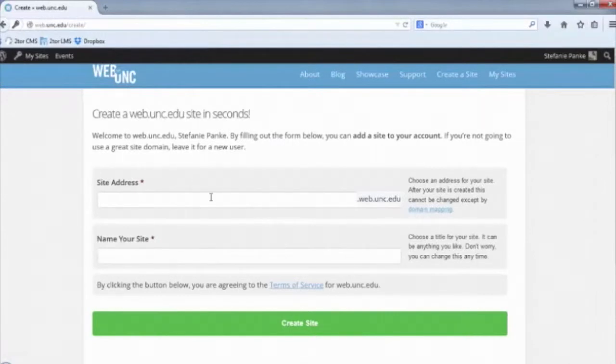Next, you have to select a site address and the name of your site. The site domain should present you as a professional, so no honey bunny at whatnot. Furthermore, you can only use lowercase letters, A to Z, and numbers for your site address. The name of your site should include your name, for example,